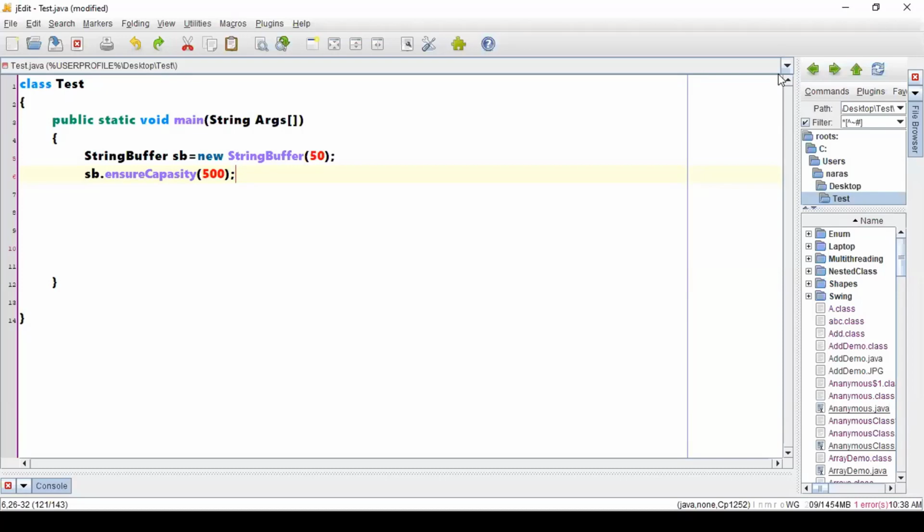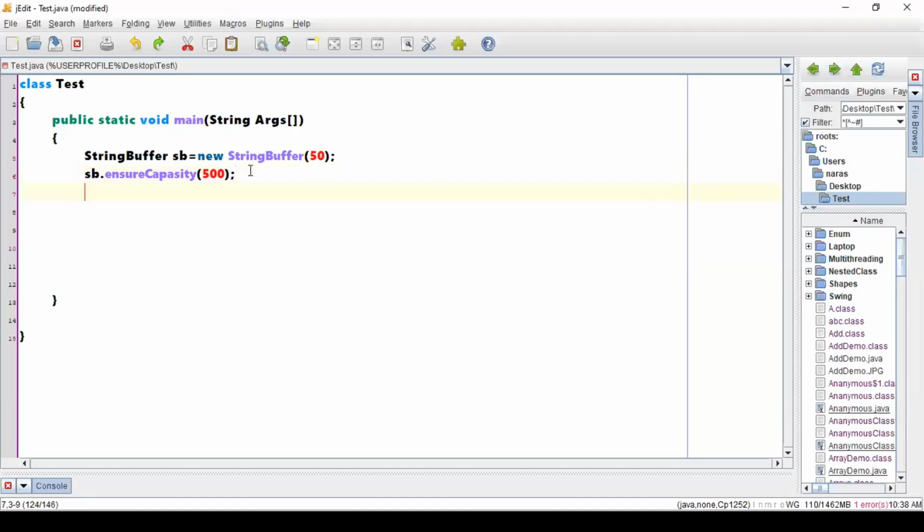Right? Even if you are not writing ensureCapacity, the program will work, no problem. It will be growing in a fashion, however many values you are going to input, no problem in that. But the performance will be better if you are using ensureCapacity. It will not go to 1 or 2 at a time, as it will have a 500 capacity.